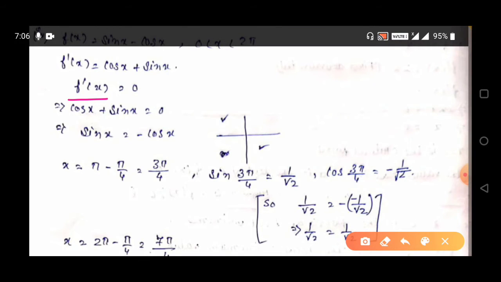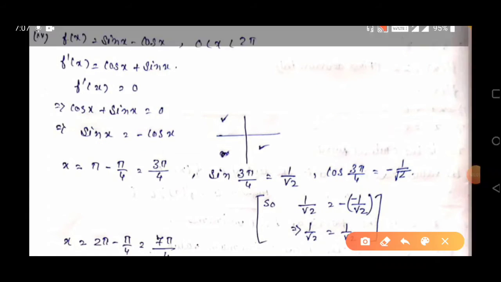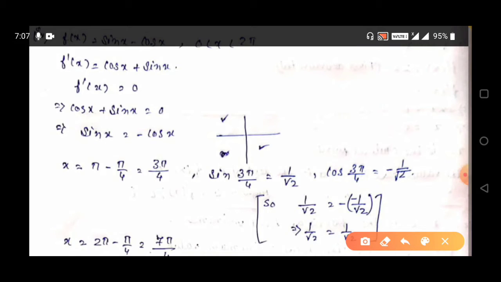So from here we will get sin x is equal to minus cos x. Since x belongs to 0 to 2 pi, that means 4 quadrants are included, so we have to find the values of x for which sin x is equal to minus cos x. So we have to choose first the quadrants where we need the value of x. In the first quadrant, sin x and cos x both are positive. If we choose x equal to pi by 4, that means 45 degrees, then from here we will get